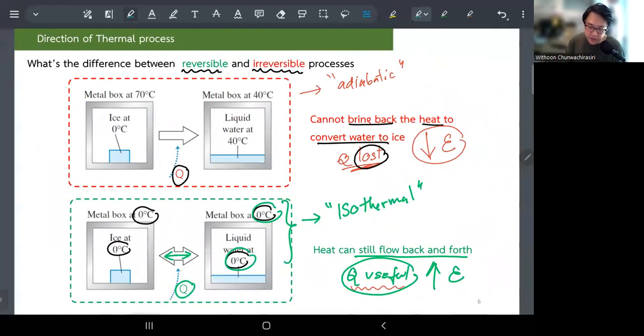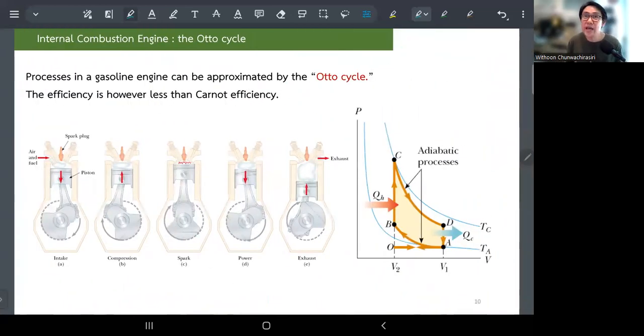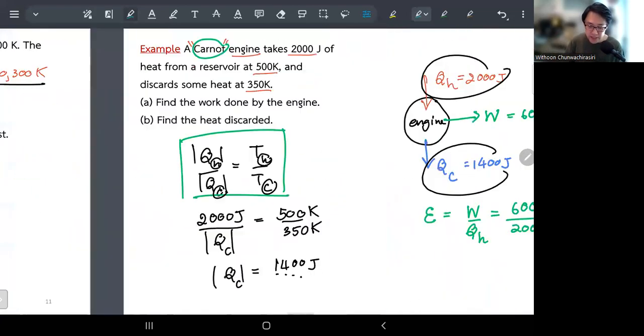The first law of thermodynamics is just a simple equation saying that left equals right. This means the sum of the energy on the left is going to be equal to the sum of the energy on the right. It doesn't really help anything. So is there some quantity that allows us to determine if a process is reversible or not? That would be so neat, right? If we have that, then we can use it as an indicator saying that if you calculate this quantity, it will lead you to something that is reversible or something that is irreversible. And that quantity turns out to be